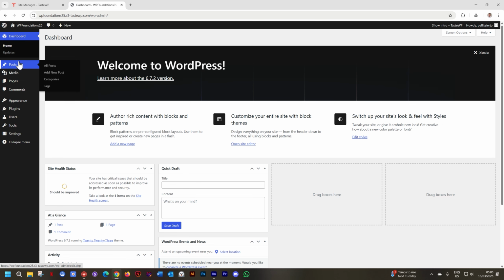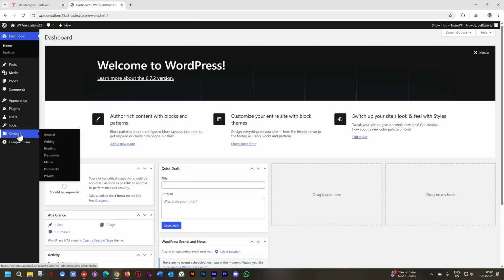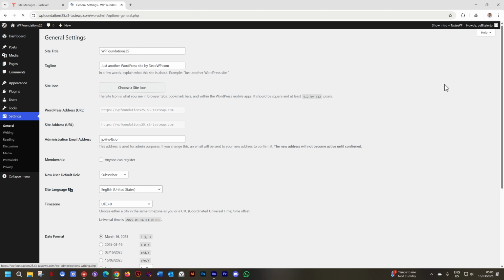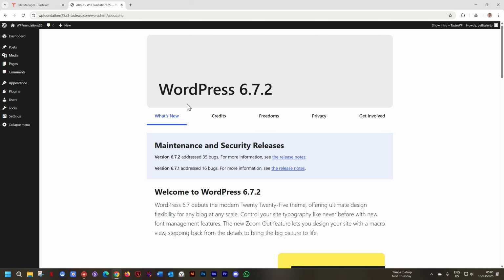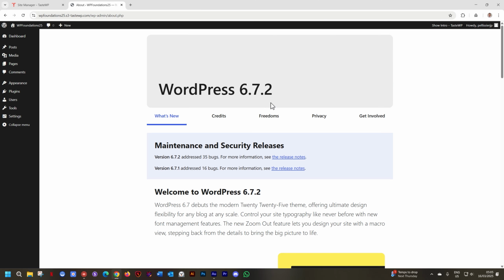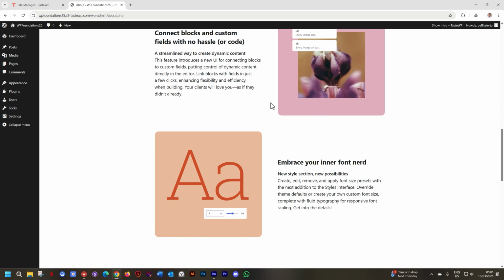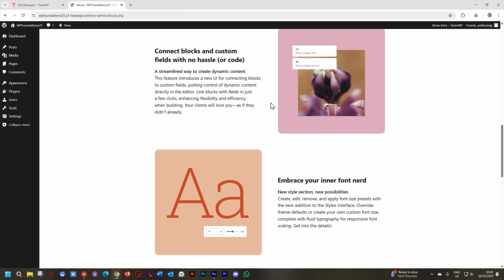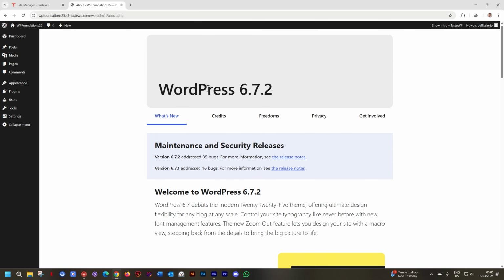If you click on any of them, let's go to something like settings. You will see that the area on the right updates with what you have selected, and in many cases, you're going to see a drop down as well. At the very top on the left is kind of a WordPress homepage, and this is where it will tell you about the WordPress version you currently have installed and a little bit of other information. This is not very important. What we usually care about is this one called the dashboard, and we'll talk again about that later.